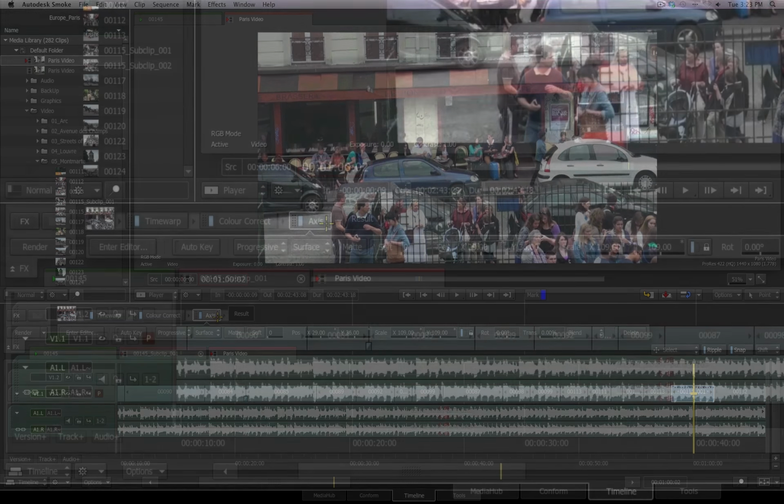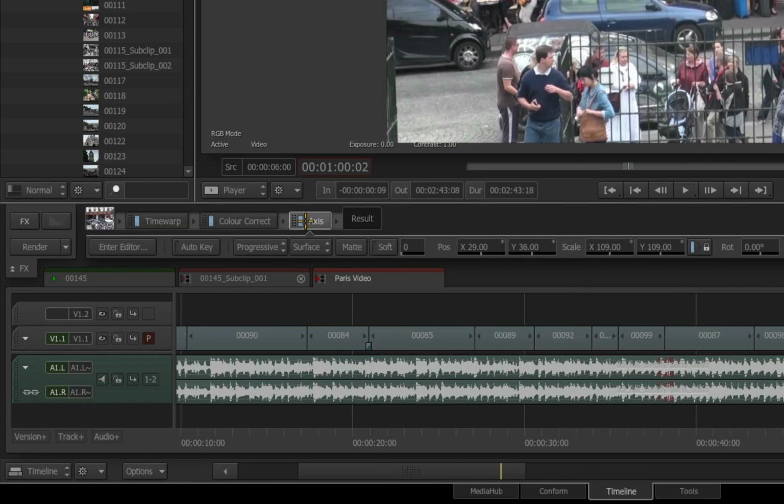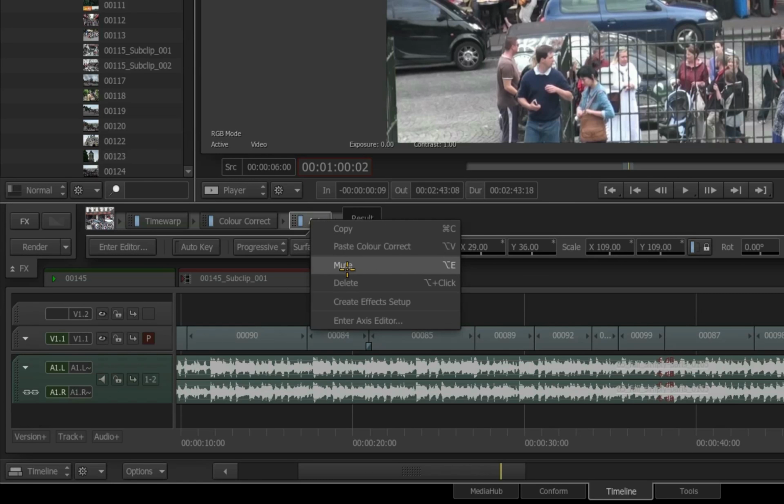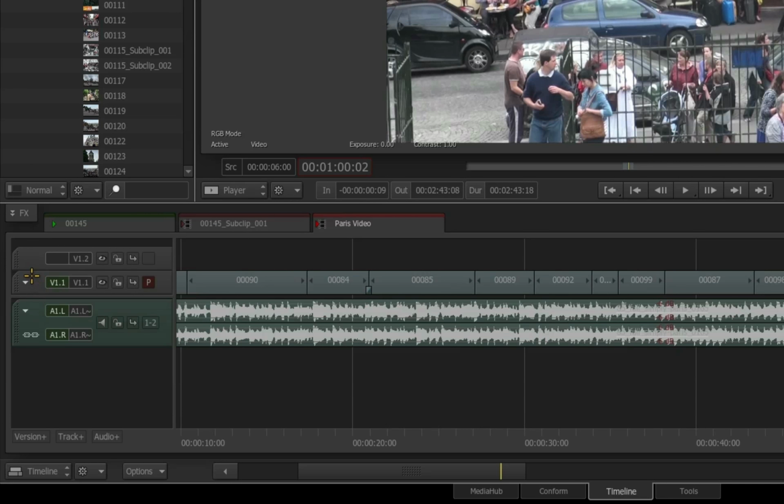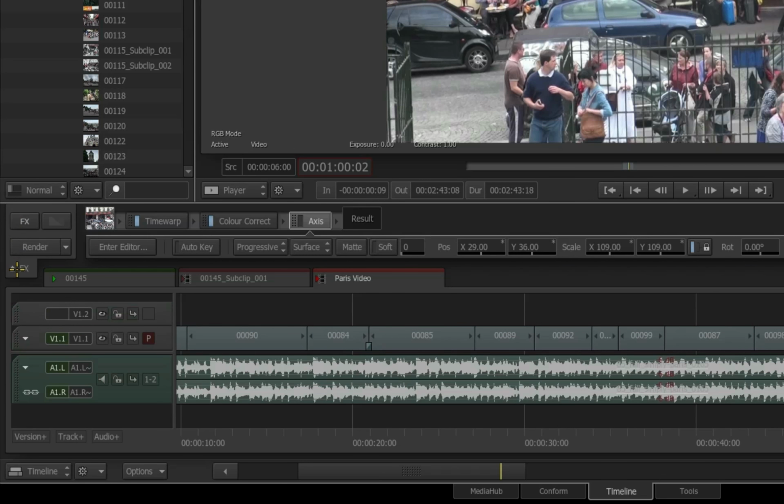You can mute a tool by clicking on the blue highlight or right-clicking over a tool and choosing the mute option. Or you can use a shortcut to mute the tool also. If you want to collapse the effects pipeline on a temporary basis, come down to where it reads Effects and click on it and you will hide or collapse it. I click it again, I will expand it,